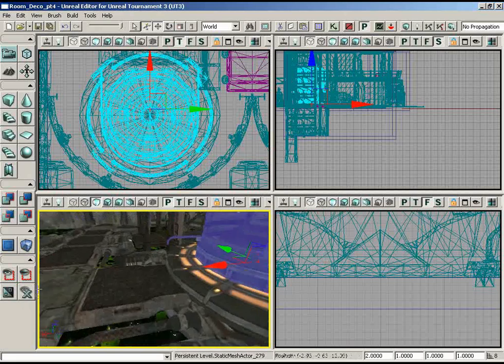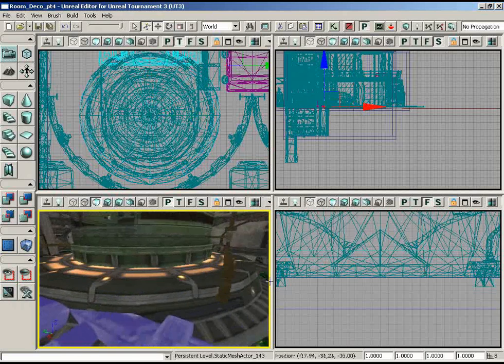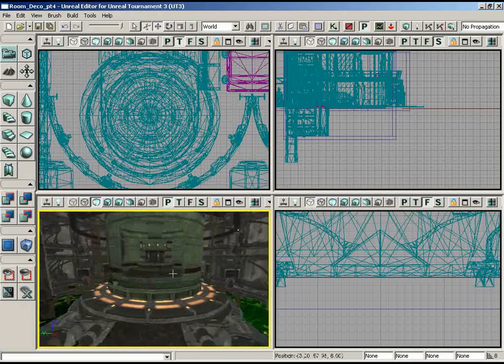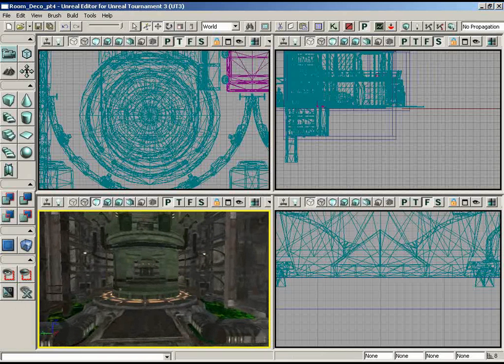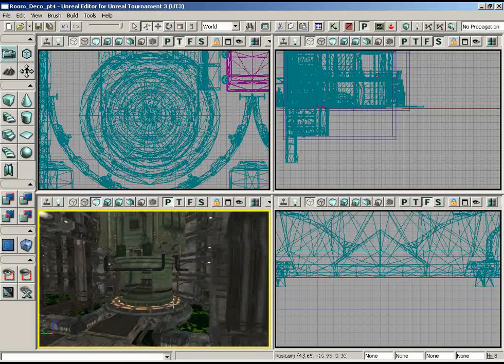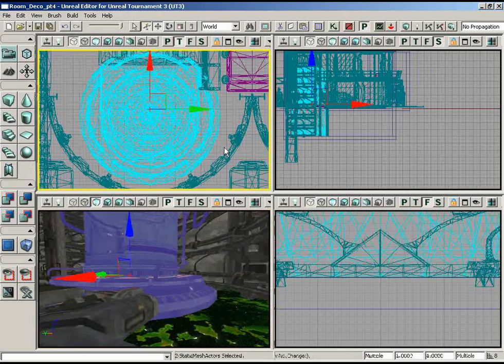Right. More importantly, let me look at how these are connecting here. We've got this mesh connecting into the floor piece, and I kind of like the level that it's doing that at, because that way it looks like it just kind of blends in. Yeah, and it looks like there's a reason for that catwalk to be there. You're going to walk up to it to service it. It looks like it plugs into it. We've got the 2 little pipe lines on the side that run into it, so I think that's looking pretty nice. So with those 3 pieces in place, I could grab all of them and duplicate them